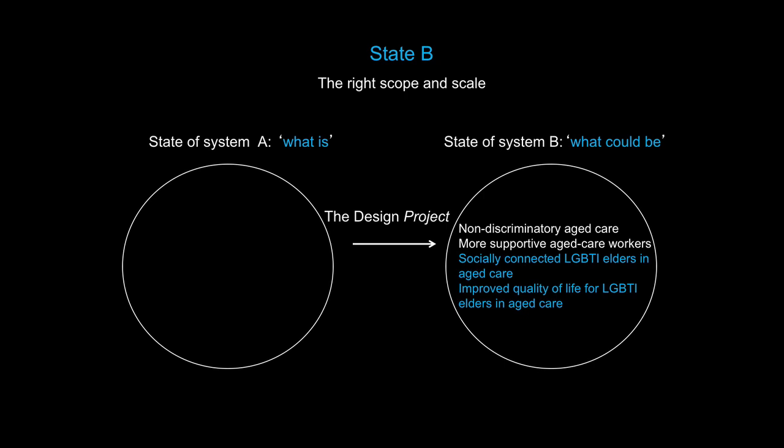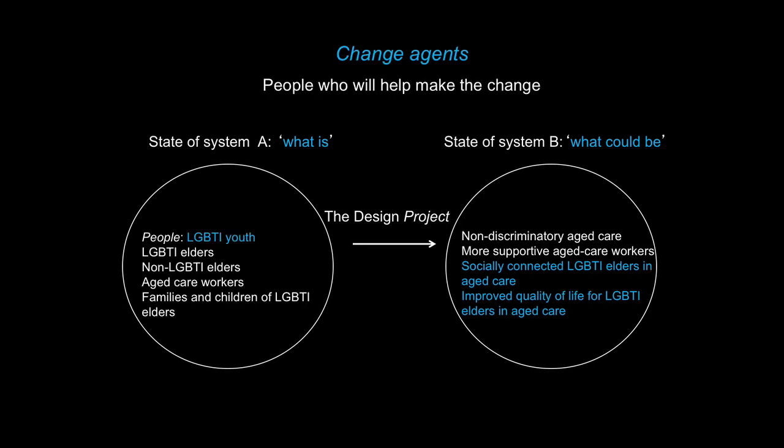So the change you want to make is not simply going to happen. Change happens via people. So we need to define who will help you to make the change. These are your change agents, and you might find these people in that initial mapping of people in your problem context, or perhaps within those promising initiatives that you've mapped that are already going on. So these people might be able to apply pressure, to lobby, to facilitate, or to get involved in your particular